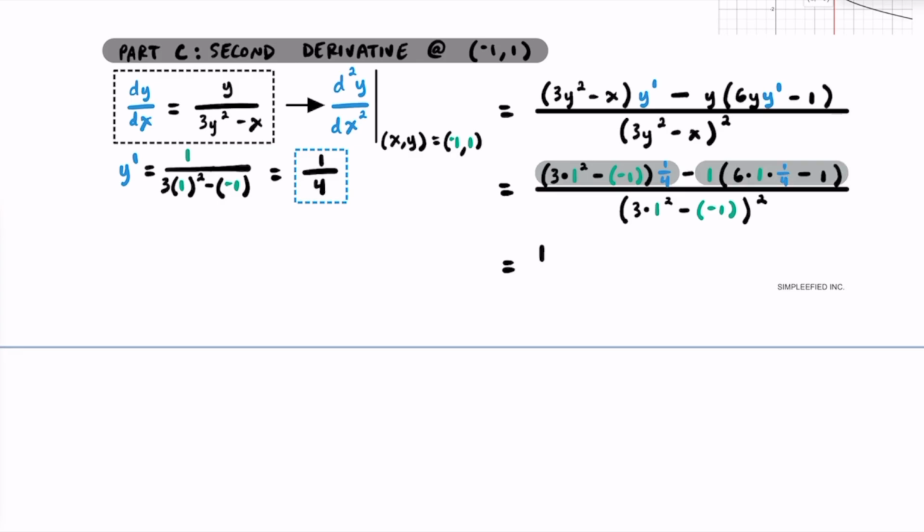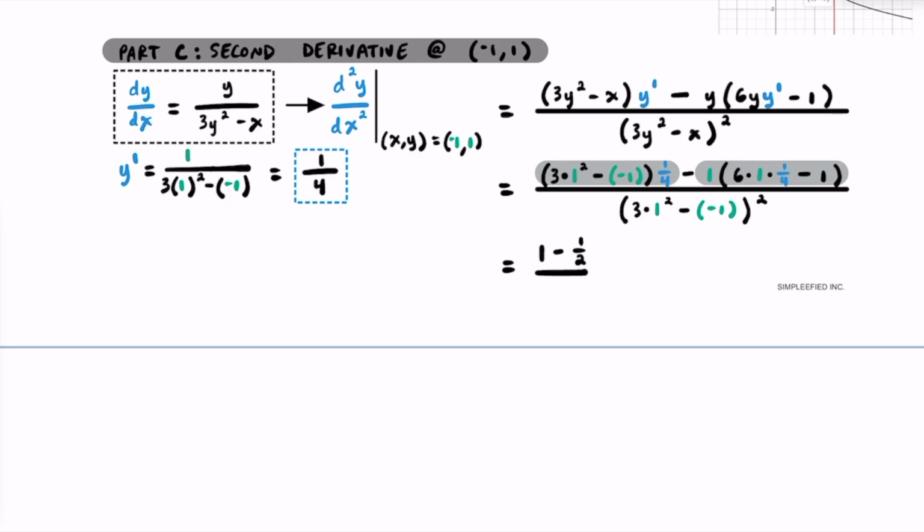Now for the second part of our numerator, let's go ahead and follow the order of operations. 6 times 1 is going to be 6. 6 times 1/4 is going to be 6/4, or 3/2. 3/2, or 1 1/2, take away 1 is just going to be a half. And a half multiplied by 1 is just going to be a half. So I think we're going to have 1 minus a half, and that's going to be our numerator, and this is going to be on top of